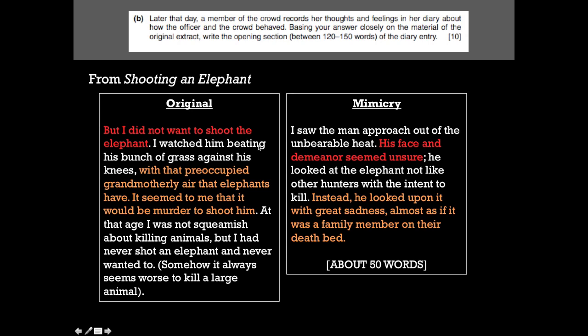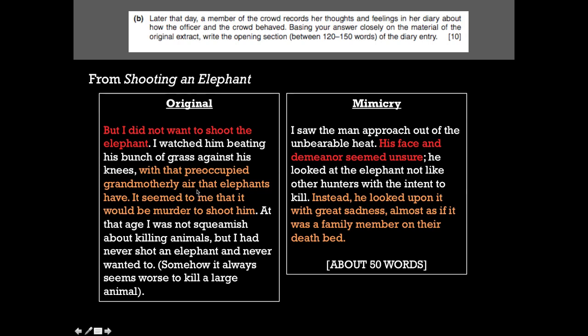He didn't want to shoot the elephant, and we sort of have that duplicated from a different point of view. His face and demeanor seemed unsure, so both of those two things lined up. Similarly, we have, "He looked upon it with great sadness, almost as if it were a family member on their deathbed." We talked about how him mentioning grandmother here is like, I didn't want to shoot the elephant, and